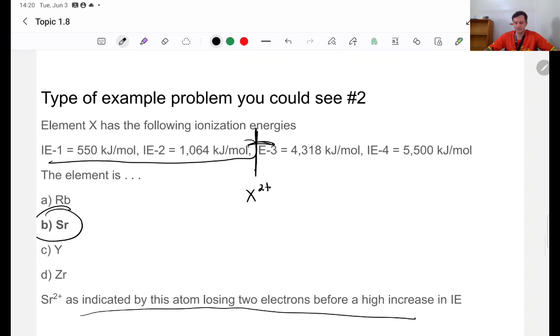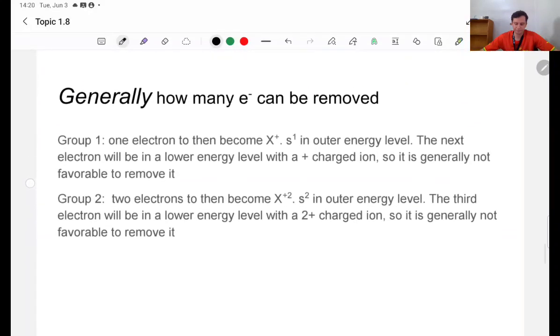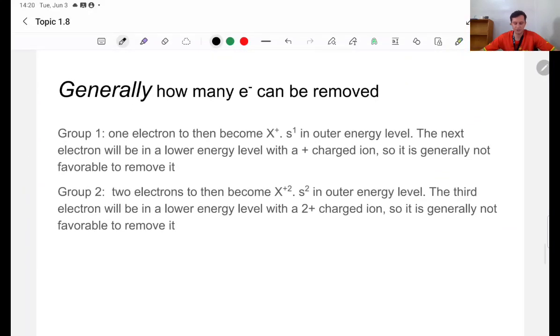Sr2+ is indicated by this atom losing 2 electrons before a high increase in ionization energy. So generally, how many electrons can be removed? For group 1, they're going to lose 1. For group 2, they will lose 2. But again, you should know and be able to explain the information that I'm giving right there, based on